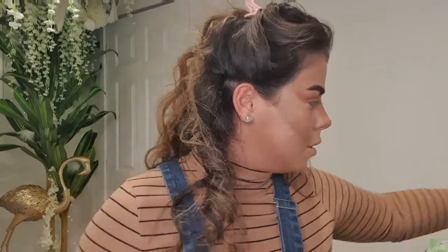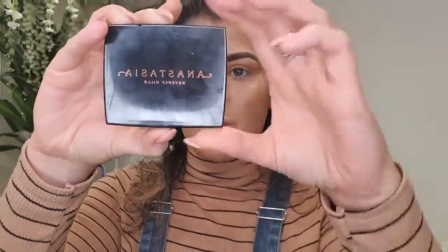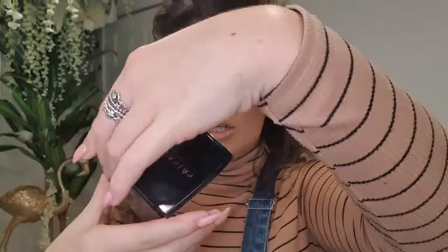So this is what it should look like. It's really pulled all the face up there, snatched it in. And then once we've done that, I'm going to set it now with a bronzer that I'm going to set the rest of my face with and contour the rest of my face with as well. And what I'm going to use is Anastasia Beverly Hills powder bronzer in Mahogany, and it's just a gorgeous, really